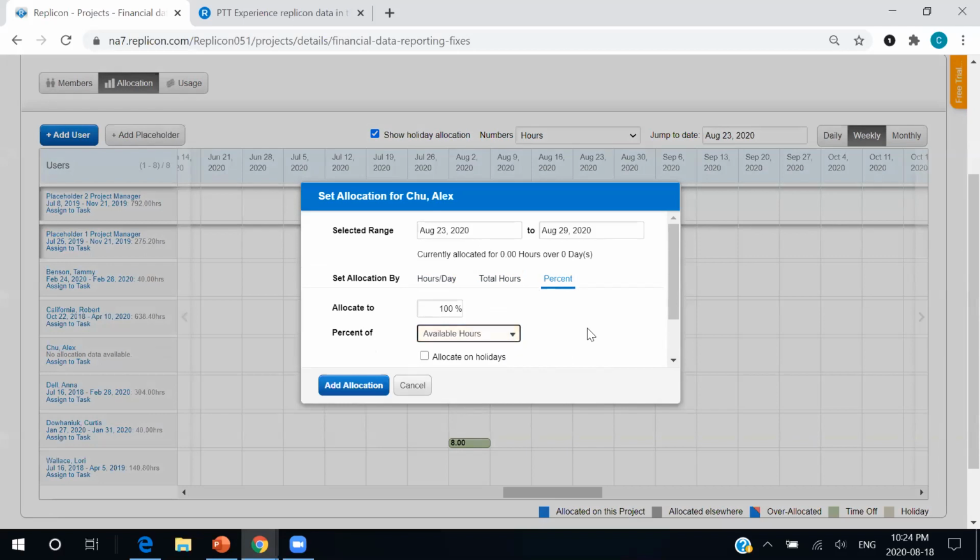One is we don't want to over allocate our users, because that's where we get overtime and that's where we increase our costs. But the same could be said for under allocating users. That means we are not maximizing our users' potential. They're still getting paid the same, but they are not doing as much work, or they are not moving our project progress forward. So under allocating affects us and over allocating affects us. But do you know what's perfect? When you have this ability to allocate 100% of their available hours.